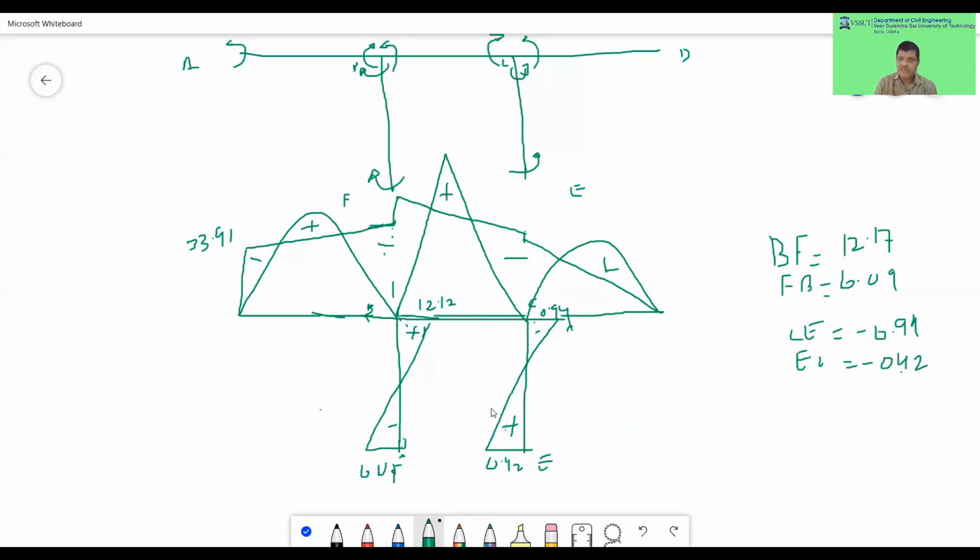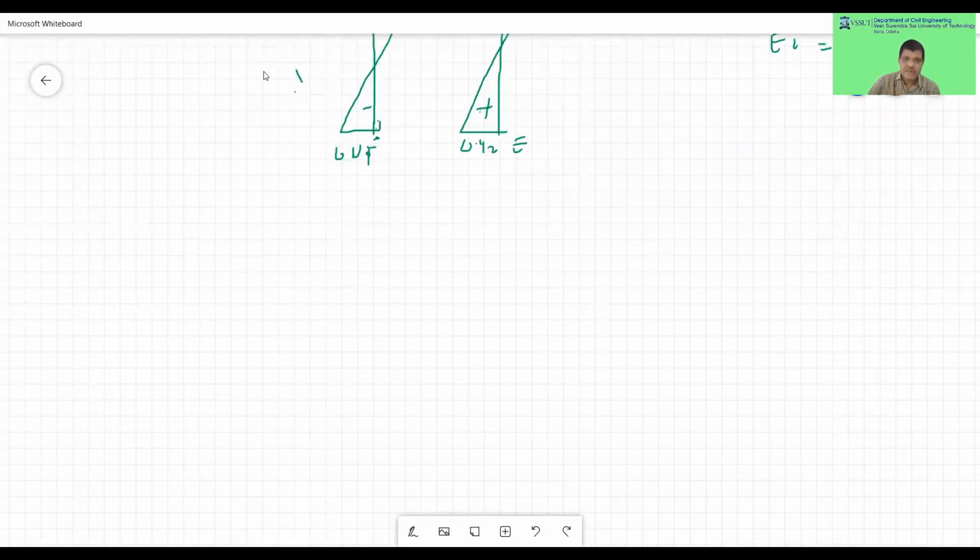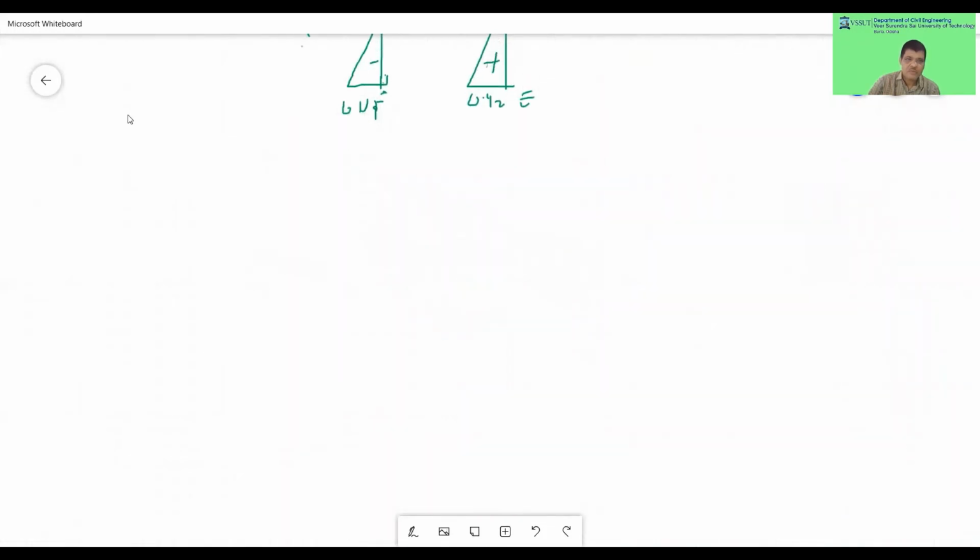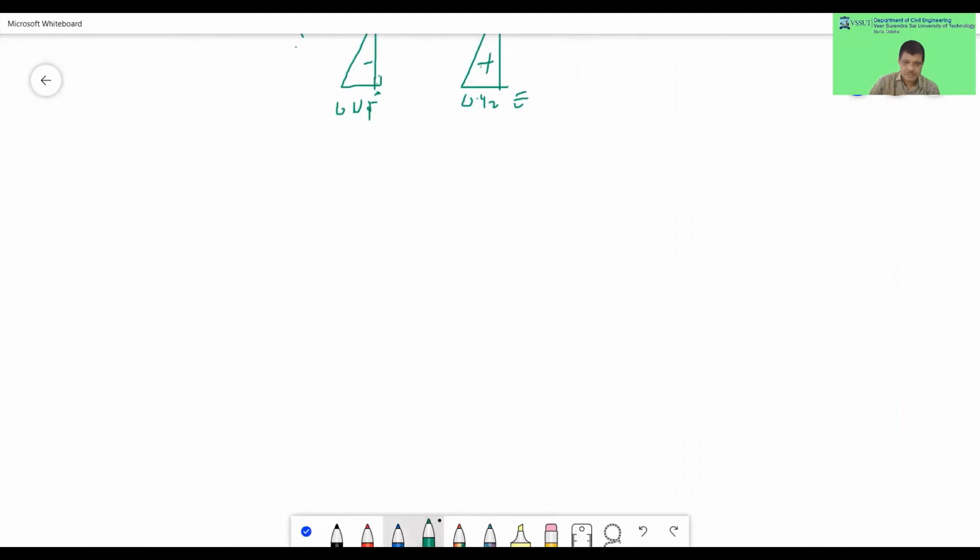So let us see this next problem we have. I think you now understand. So let us go for example 2. Go for example 2 of today's class to see how it is being done. Now it is a frame like this way.